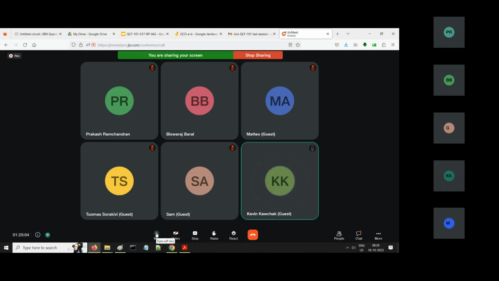Let us maybe run a separate bunch of sessions purely on QML, and the focus there would be on neural nets, or maybe, let's say I take TensorFlow. How can we have these TensorFlow examples mapped onto the quantum domain? That would be very, very interesting, because that is where a lot of applications are presently getting focused. So I'll surely keep this in mind, and then let us see how we can